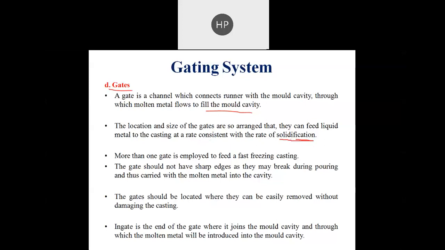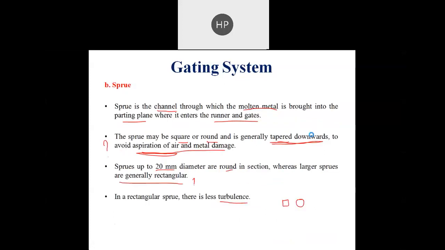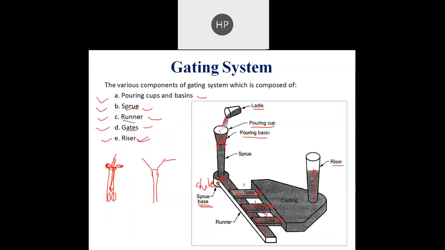So it is very important, because as we start pouring the molten metal, its solidification will start. And if the gating system is not proper, then what happens? The molten metal will freeze in between. It will not reach the hollow casting, and it will freeze in between over here. And if it freezes over here, then no molten metal will flow, and you are not able to get a casting. That's why the gating system has a shape, size and design such that